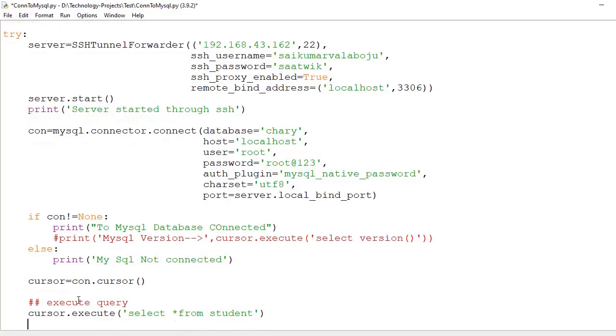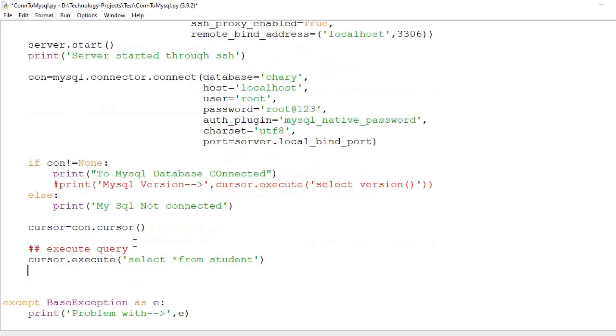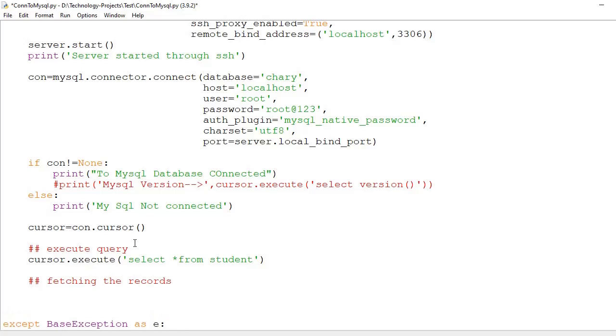Now, fetching the records. Rows is equal to cursor dot fetchall.